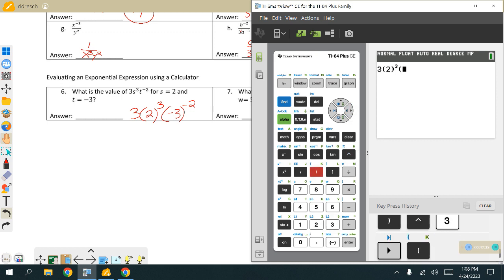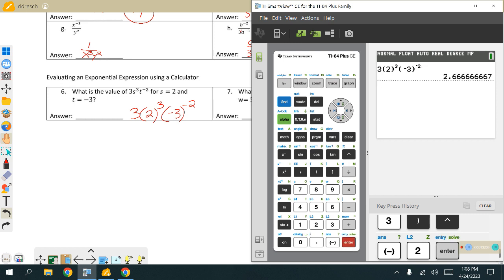Now, again, we're all about trying to figure out how to use these calculators correctly. This is very easy to screw up. You need to use those arrows. Only the powers go up above. And when I hit enter,